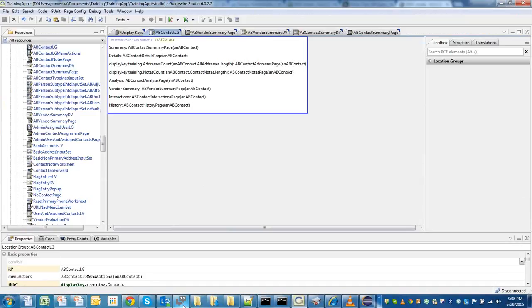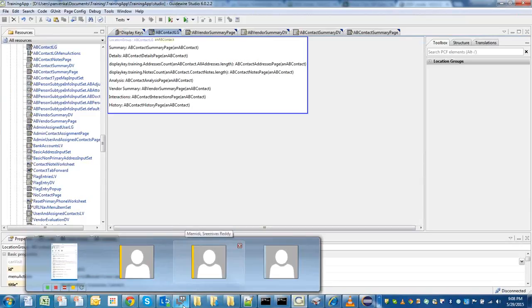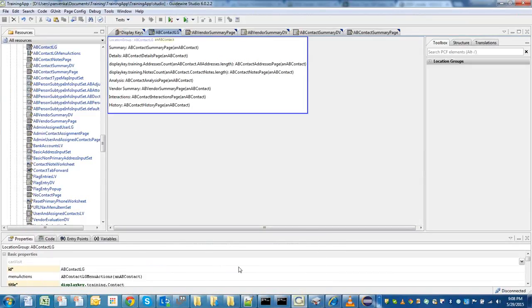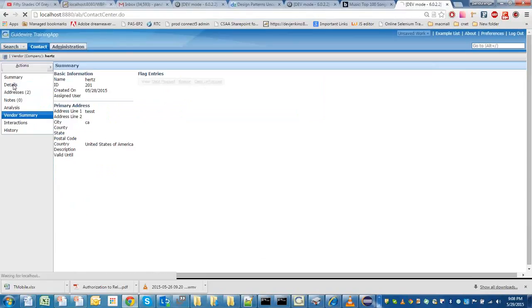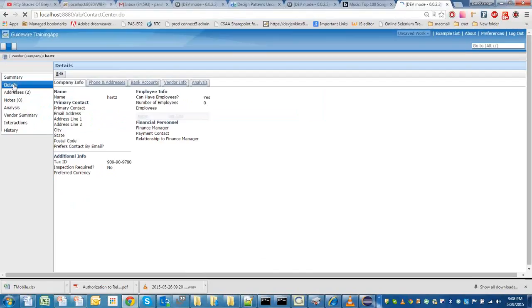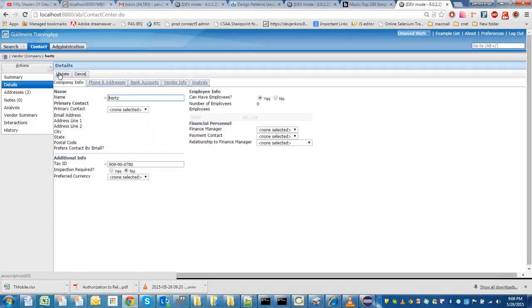Okay, so just go to the detail space. The browser detail space. Click on edit. So you don't have an edit button here. You have to give that. Okay, edit, and